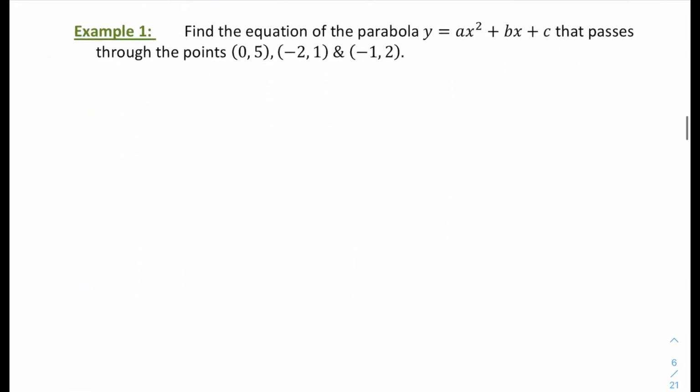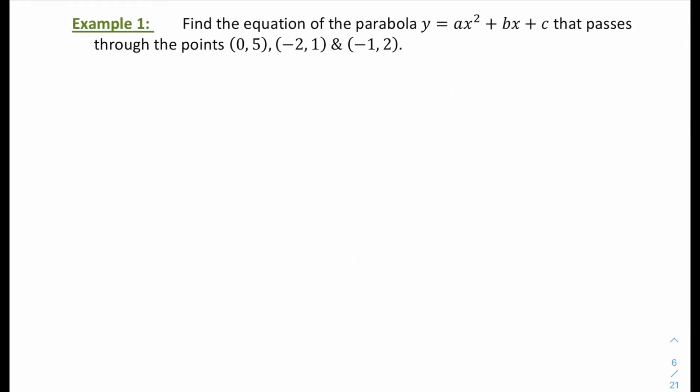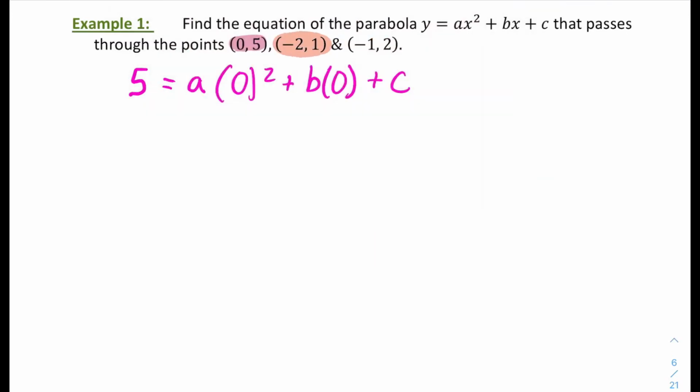We've written some equations of quadratic functions in the past when you had one point and the vertex. Today, we're going to use your systems of equation solving skills to do it when you don't necessarily have the vertex. So if you just have 3 points that your parabola passes through, go ahead and write a system of 3 equations, plugging in each point's x and y values into your standard form for a parabola to get 3